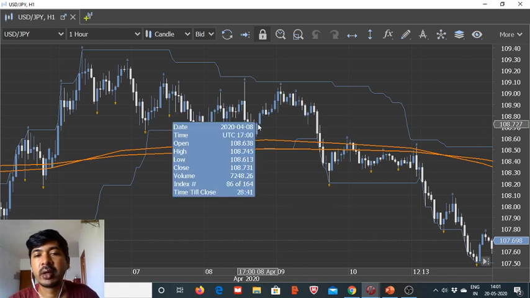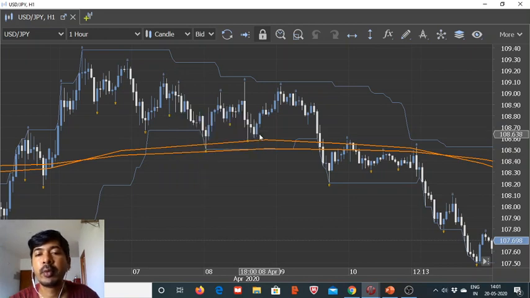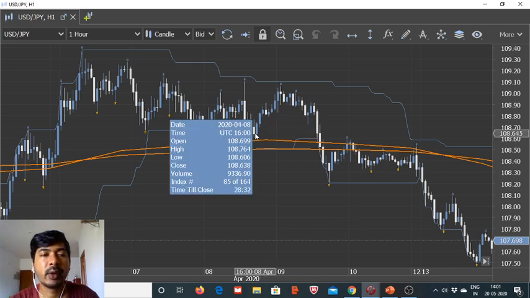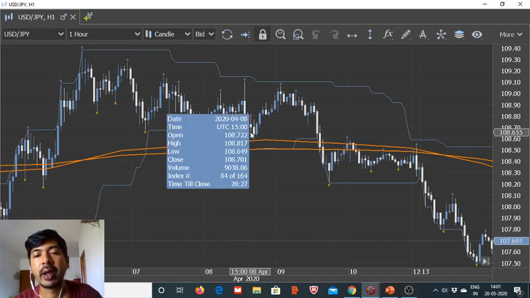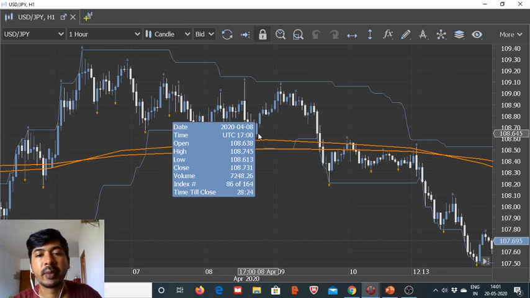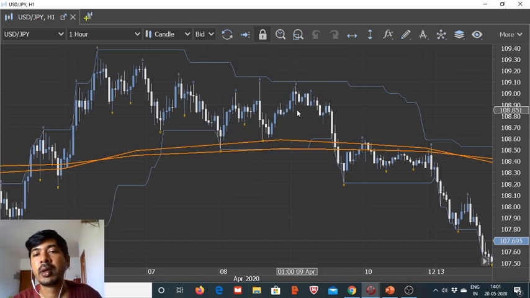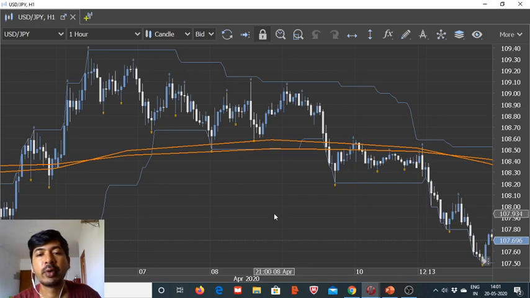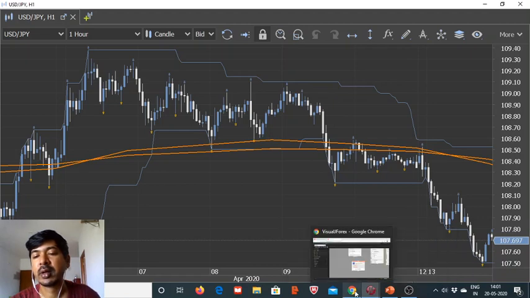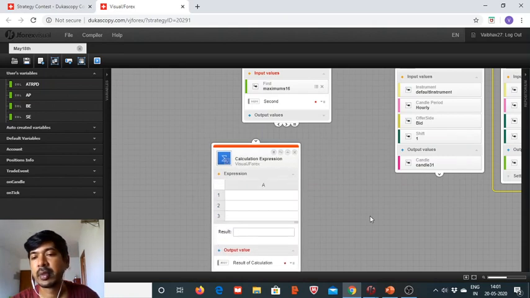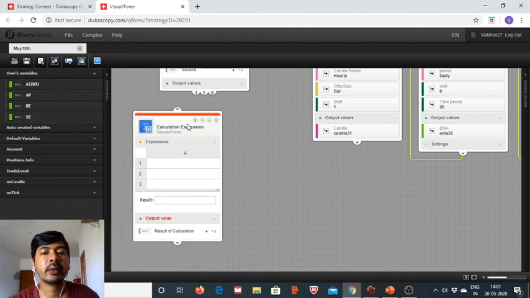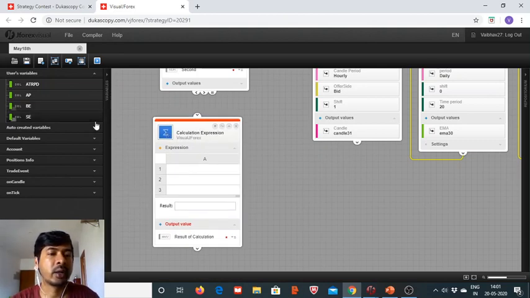Suppose if the difference is less than the 5% of the daily ATR, if it is fairly close to this minimum value, then straight away we will be looking for a buy opportunity. So we will be going for a market open, and we don't need to place a pending order for that. So in today's setup, we will be utilizing both the formations, and that's why we are doing this calculation to determine the difference between the closing and the minimum value. So we take the candle 31's close